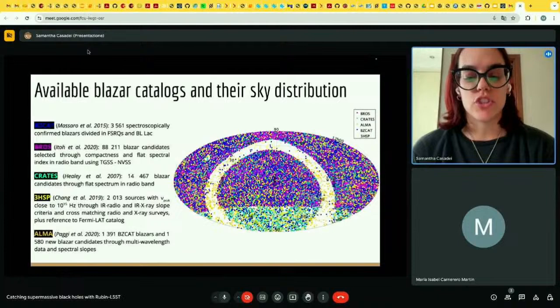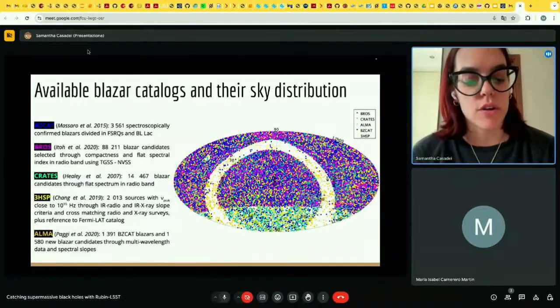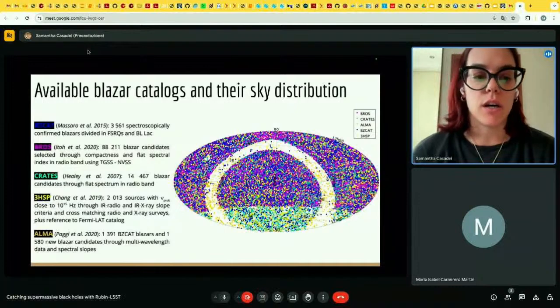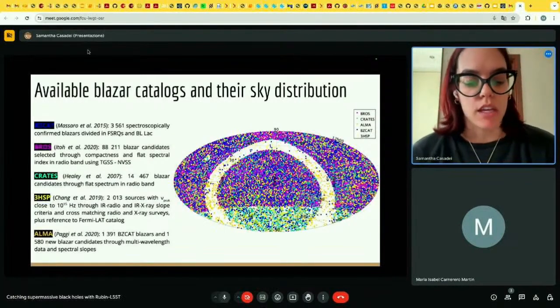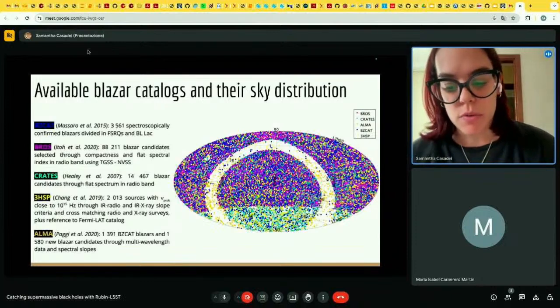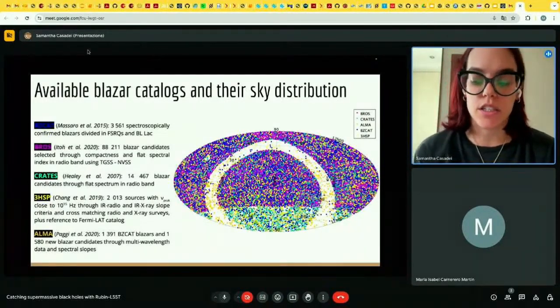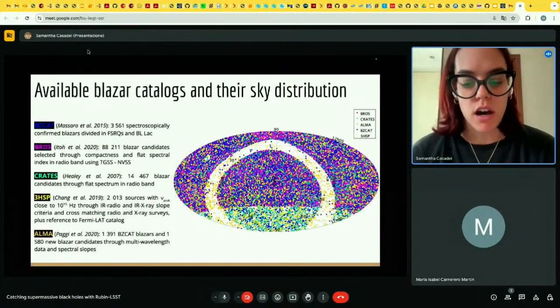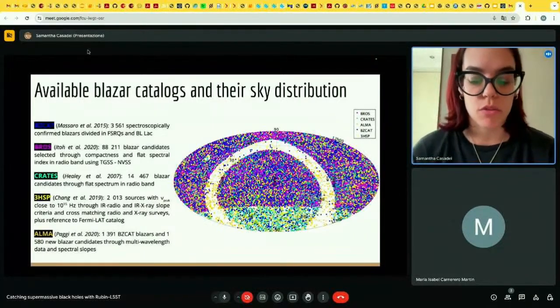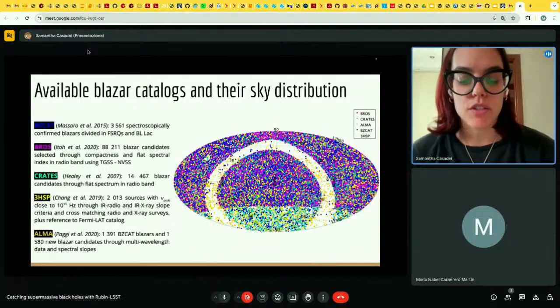So they're not just candidates as in the other catalogs. And these blazars are also divided in flat spectrum radio quasars and BL Lacs. The other catalogs are characterized by candidates selected in different ways. For example, some are based on sources with a flat spectral index in the radio band, while others are based on a more